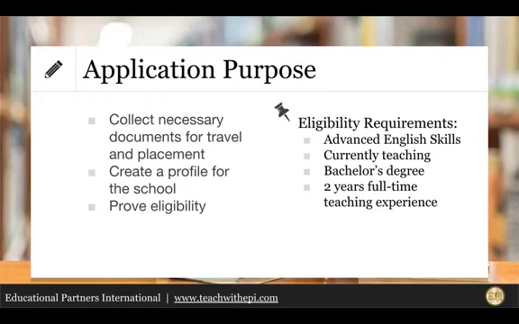So now let's take a closer look at the first step there, the application process. EPI's application process is thorough, but it does a few important things for you. First, filling out the application creates a professional profile for schools to look at when they are considering teachers for interviews. We also use the information you provide on the application to decide whether or not you meet our eligibility